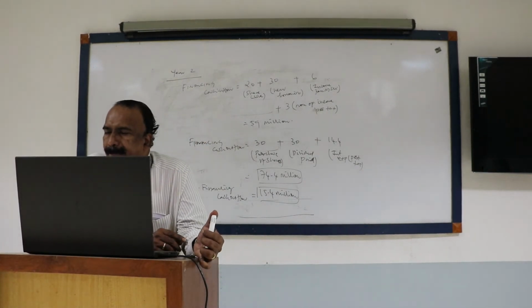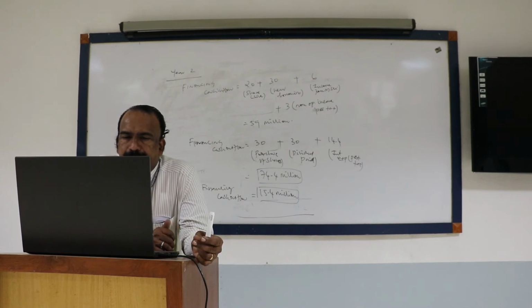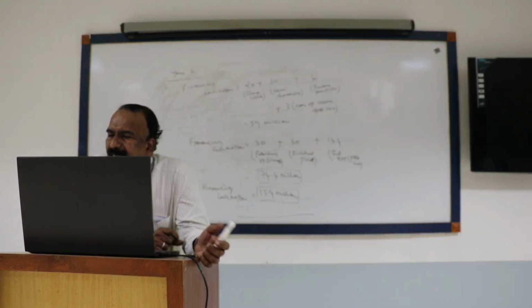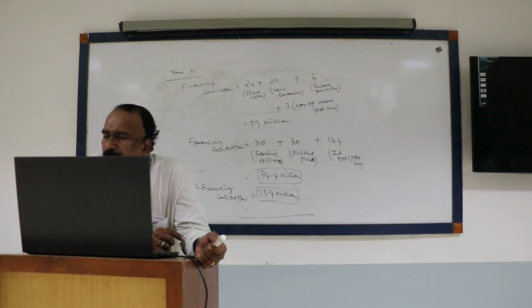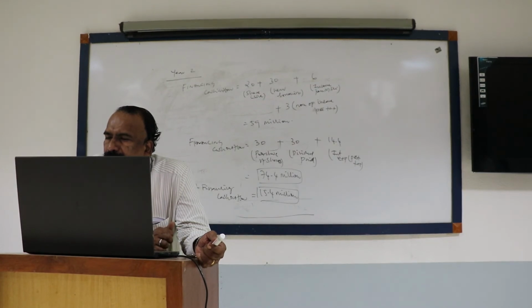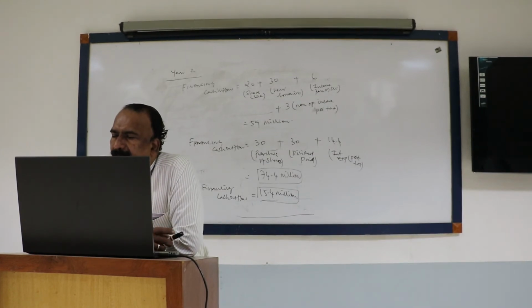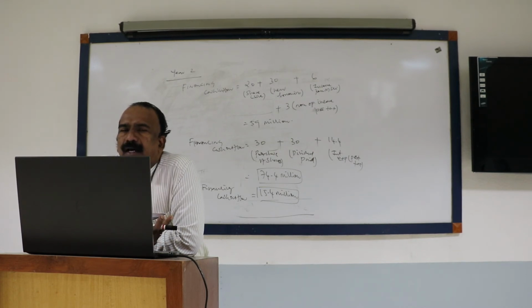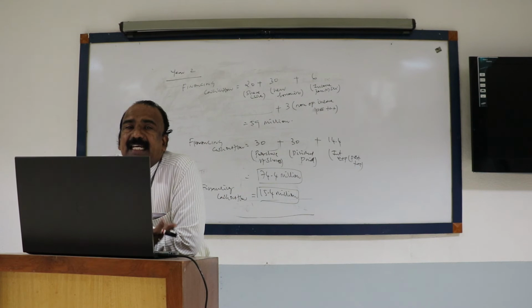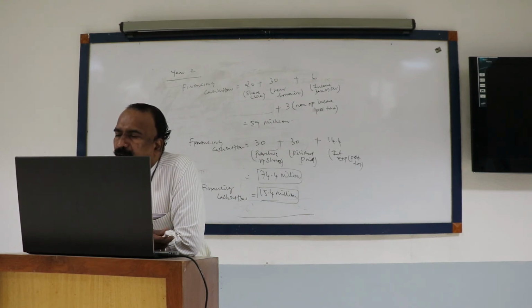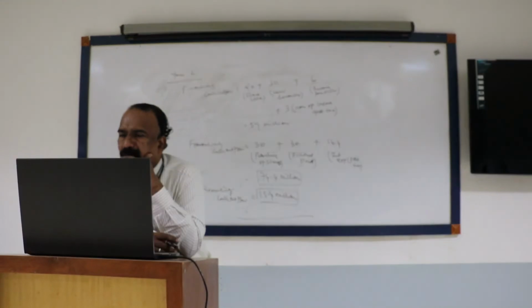Sir, in the balance sheet, we can see an increase in the fixed assets, sir. Purchase of fixed assets is not financing cash outflow. That's the investing cash outflow. There are three outflows: operating, financing, and investing. Purchase of fixed assets, purchase of investment, these are all investing cash outflow. We are not asked to calculate investing cash outflow, we are asked to calculate balance sheet.